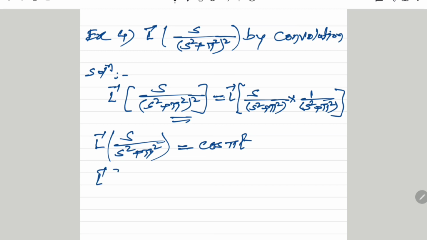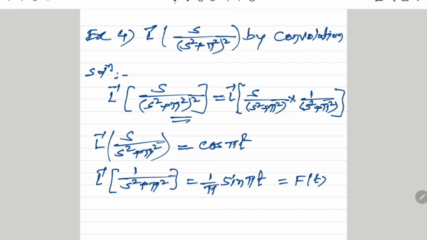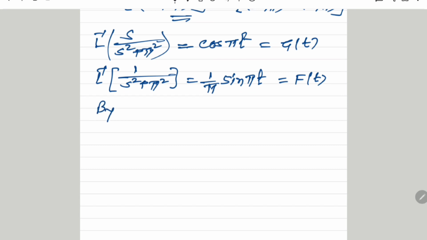and inverse Laplace of 1 upon s square plus pi square is 1 by a sine of at, 1 by pi sine of pi times t. One is f of t, second one is g of t. Therefore, this 1 by pi sine pi t we call as f of t and second one is g of t. We can interchange these two, but final result will remain the same. And therefore, by convolution method,